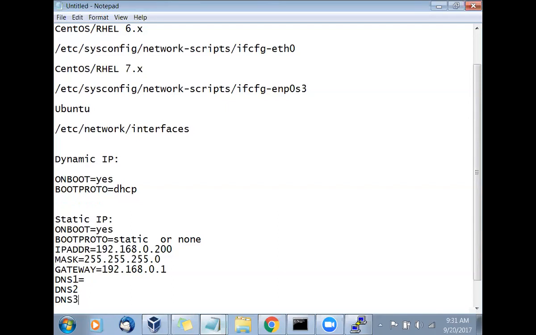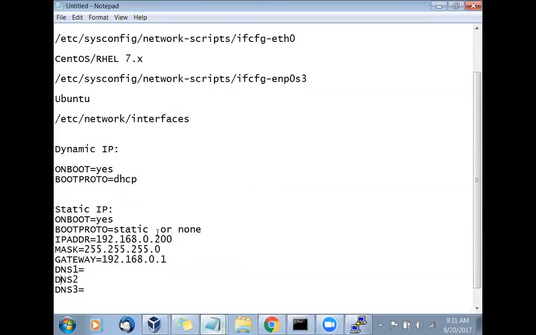DNS 3. So you can give the first as an internal DNS, 192.168.0.2 or something, whatever DNS IP you have. Then you will go with the Google DNS 8.8.8.8, and 8.8.4.4. But I'm giving these from my own mind currently, you don't have to do that.